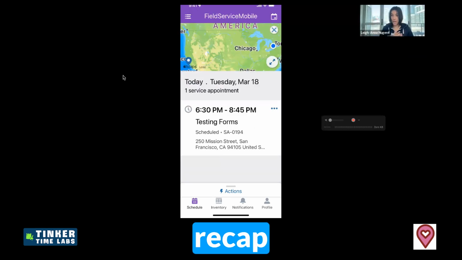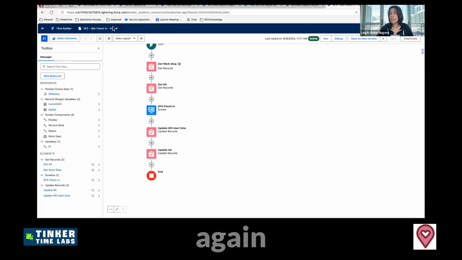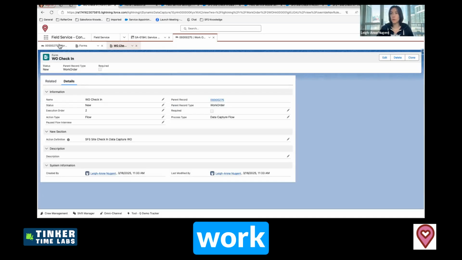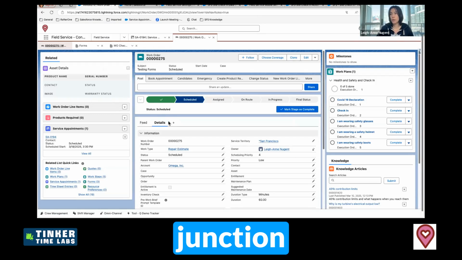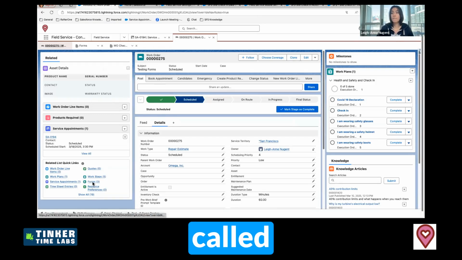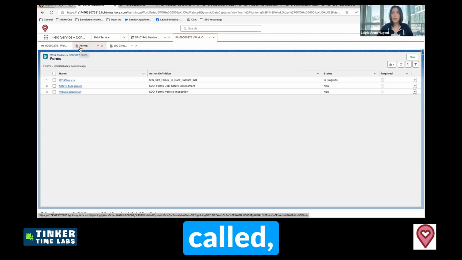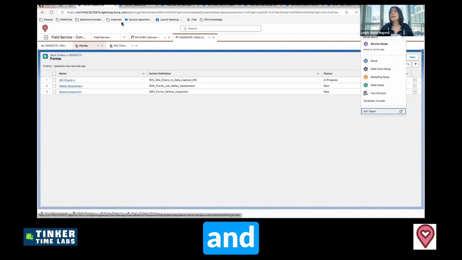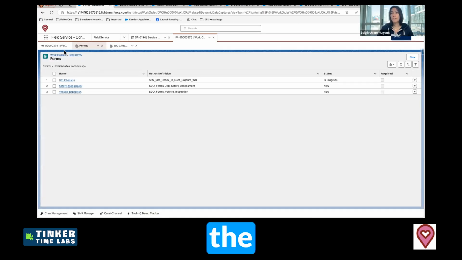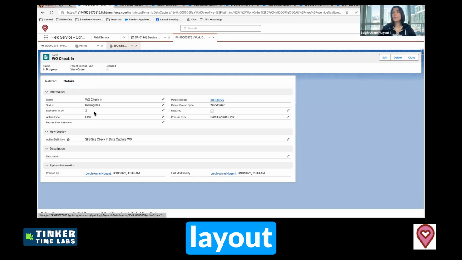As a recap of all the things that we set up, I'm going to just go into the org again and show you the work order. So on the work order, there is a new junction object called forms. The API name is, I think, dynamic forms. And once you put the forms on the page layout, you can